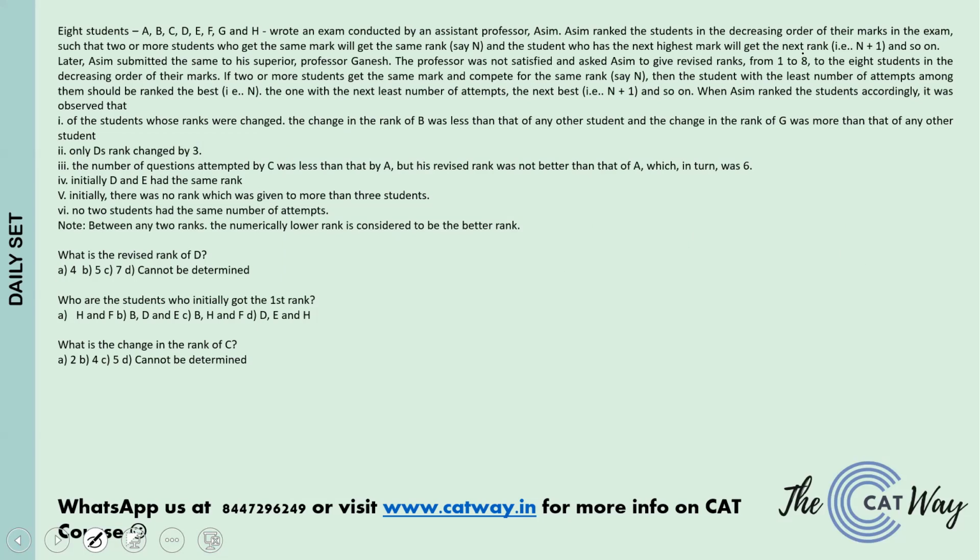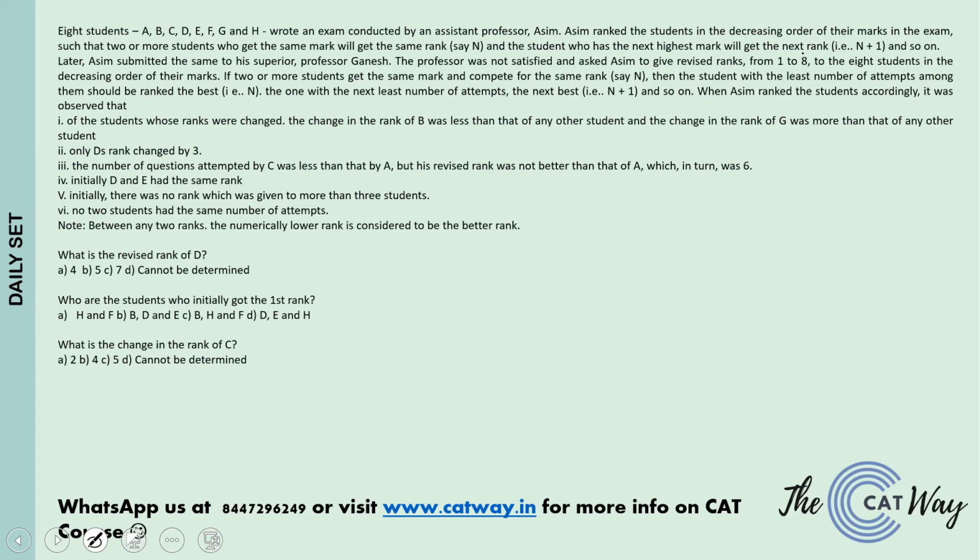The professor was not satisfied and asked Asim to give revised rank from 1 to 8 to the 8 students in the decreasing order of the marks. If 2 or more students get the same marks and compete for the same rank, say N, then the students with least number of attempts among them should be ranked the best. That is N, and the one with the next least number of attempts, the next best, that is N plus 1, and so on. When Asim ranked the students accordingly, it was observed that